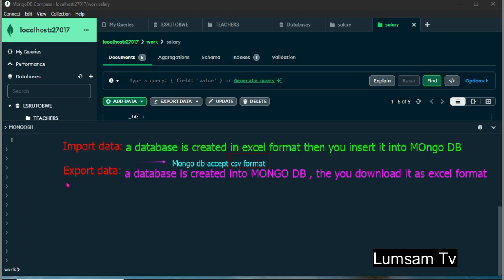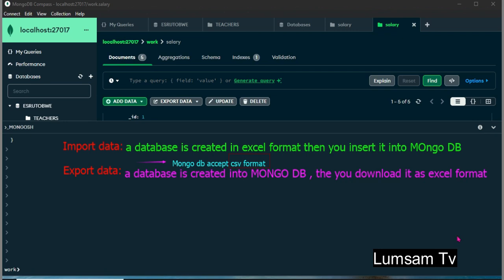Export data: a database is created in MongoDB, then after, you download it as Excel format. Okay, so we can do this together. We can start on importing data.